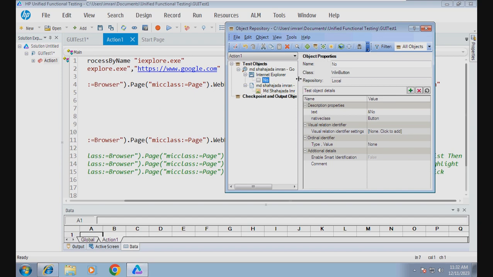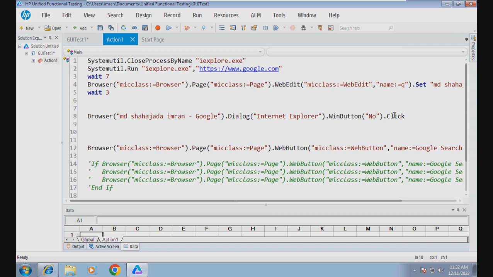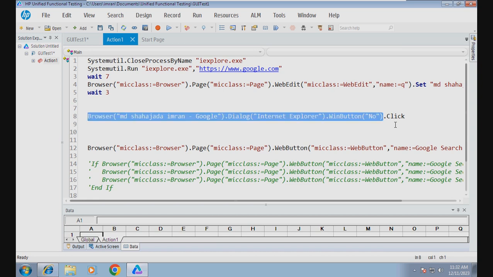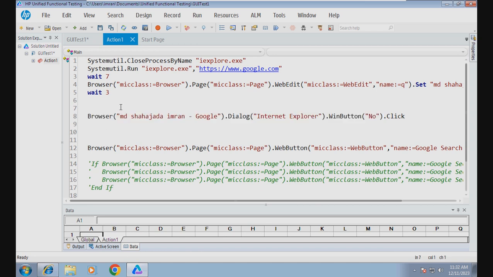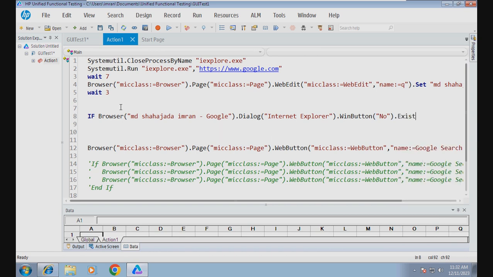Now I will be dragging and dropping to the script. Now I will be copying the entire line. Control C from the keyboard, so I copied it. Now I'll put this one in the if logical statement. If this exists, then